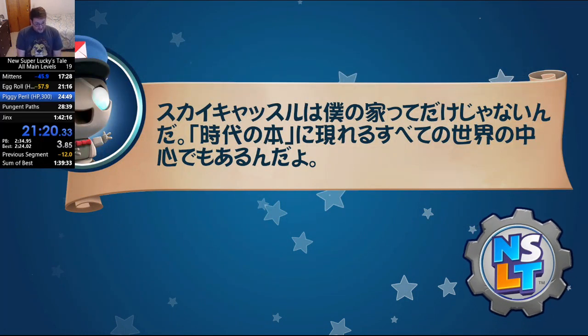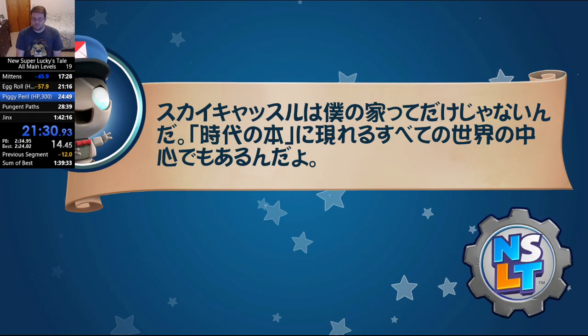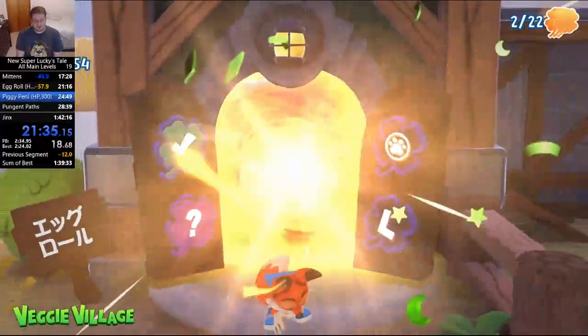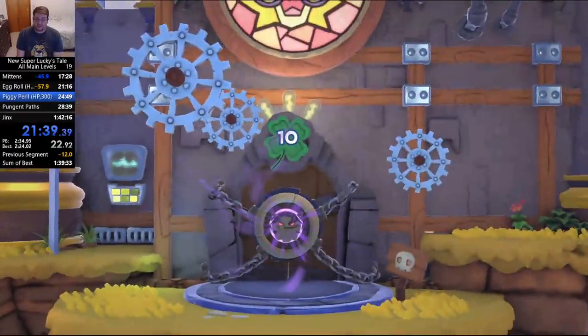So now that we've done that, we have our next 2D level of the game, and that next 2D level is Piggy Peril. I struggle with Piggy Peril a little bit. In this one we have to collect the 300 coins in the hidden page. But Piggy Peril can be a little bit difficult if you don't hit